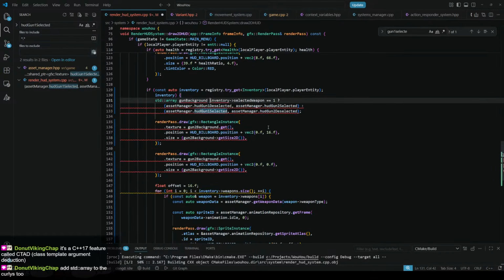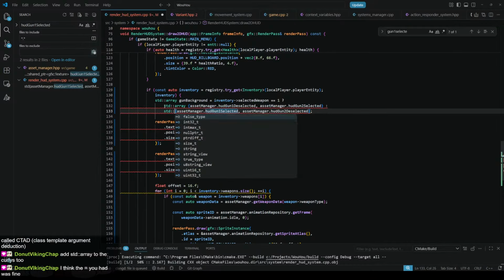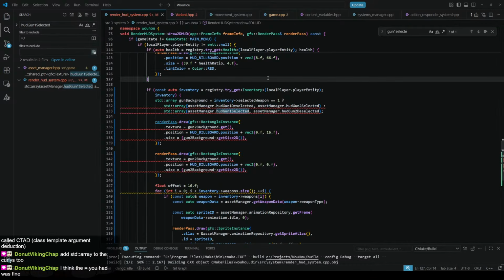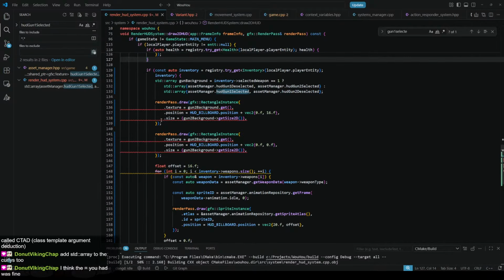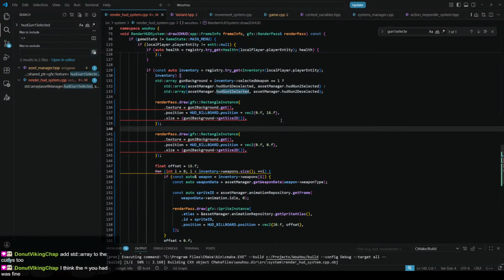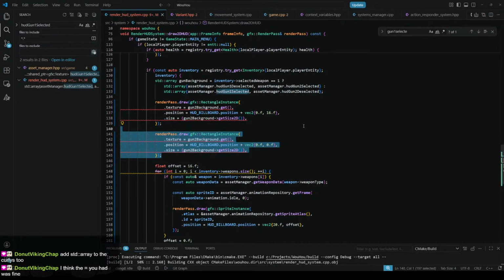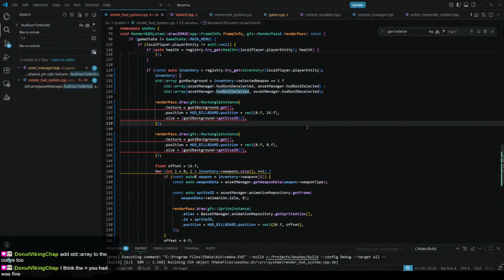I guess I can do equals. The equals you had was fine. Okay. Interesting. Was I drawing the same background in both places? That's not right. Anyway,